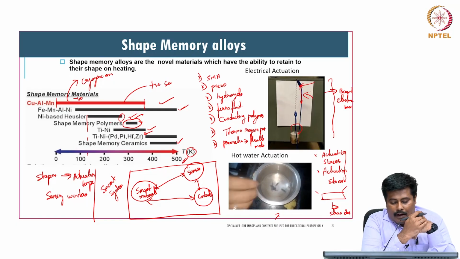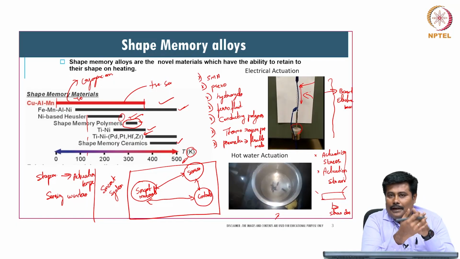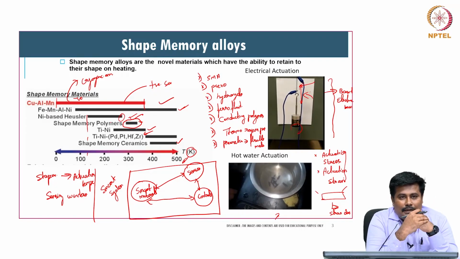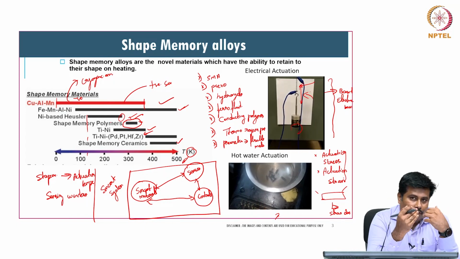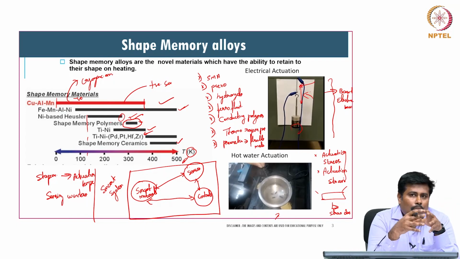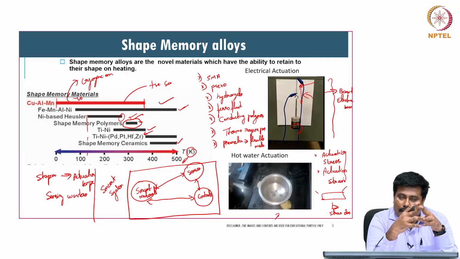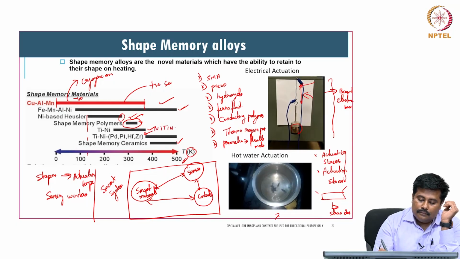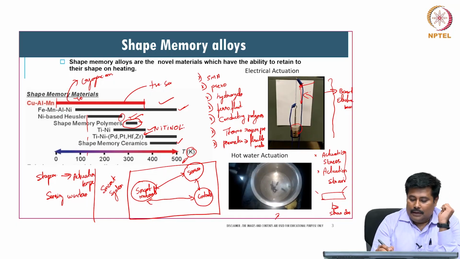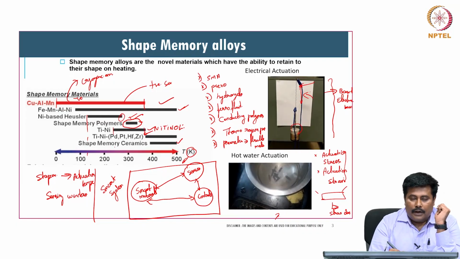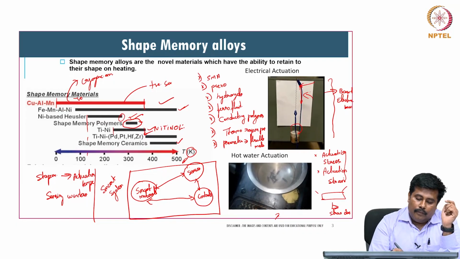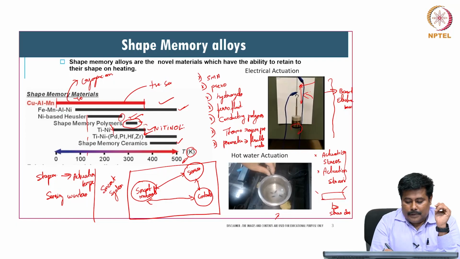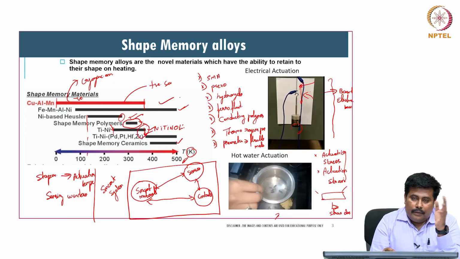Then we have NiTi structures. NiTi structures are considered to be conventionally available structures. If you try to procure shape memory alloys, most of them are nickel titanium structures. In fact, on a brand name basis, it is called Nitinol. It is commercially available in the market, and it has quite a good working window. From a cryogenic point of view, it has a very good property in the case of a liquid nitrogen environment. From a high temperature point of view, it has a very good property between the range of 80 to